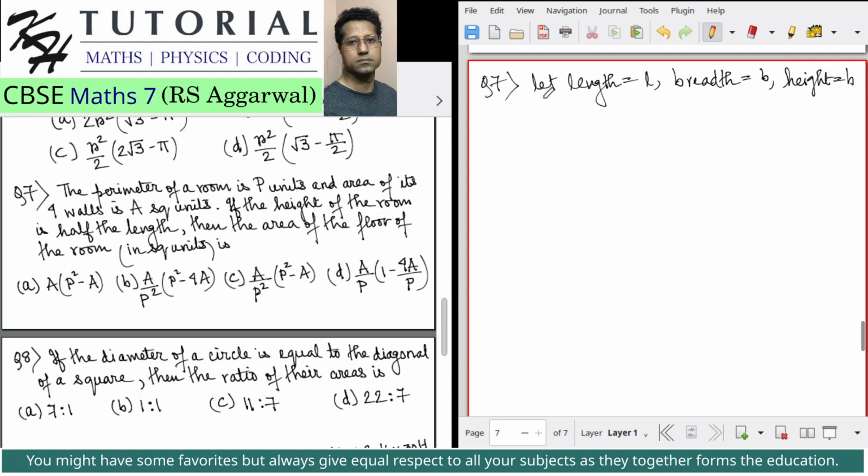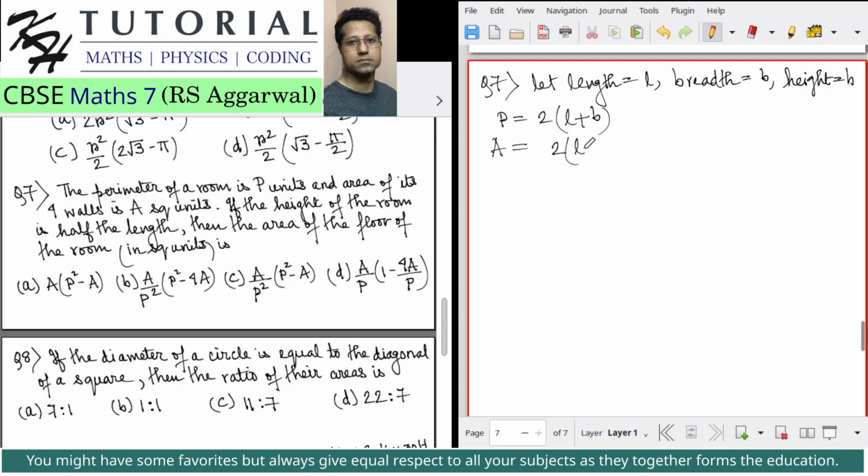Okay, so what is given? The perimeter P is equal to 2 into (length plus breadth). P is given, and the area of the four walls is given, which is A square units. We know that for the area of the four walls of a room, the formula is